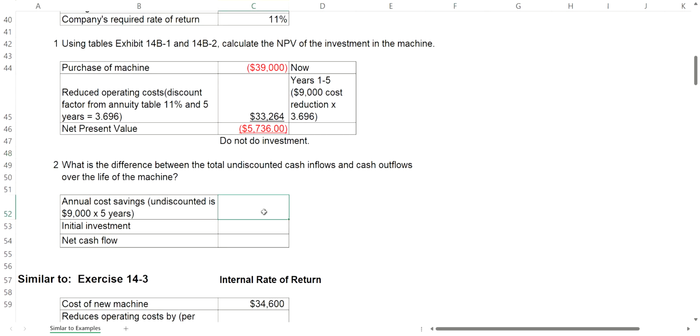Okay, question 2 then wants to know, what is the difference between the total undiscounted cash inflows, notice that undiscounted, not discounted, and the cash outflows? Okay, so the cash outflows would be the investment in the machine, $39,000. Now, the present value of the cash inflows is this $33,264. But if it's the undiscounted amount, we don't take into consideration the time value of money. We would just take $9,000 per year times 5 years for $45,000. Okay, so therefore the difference is